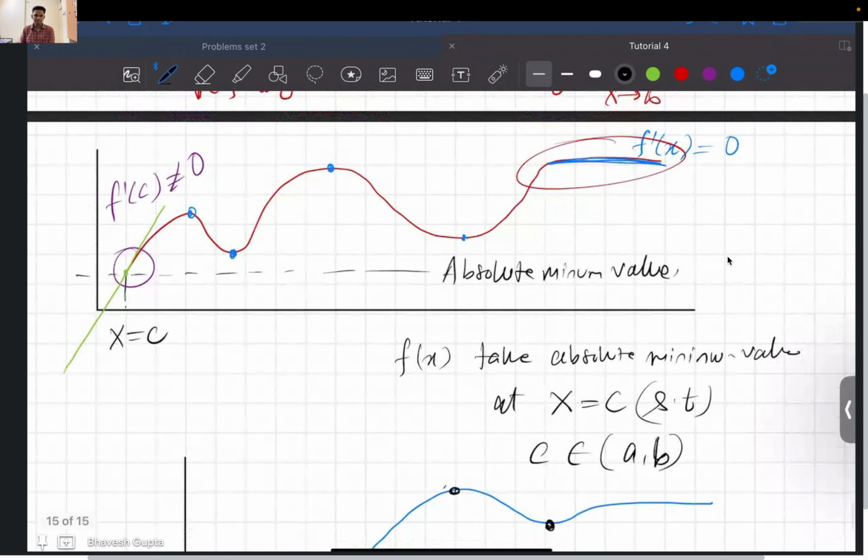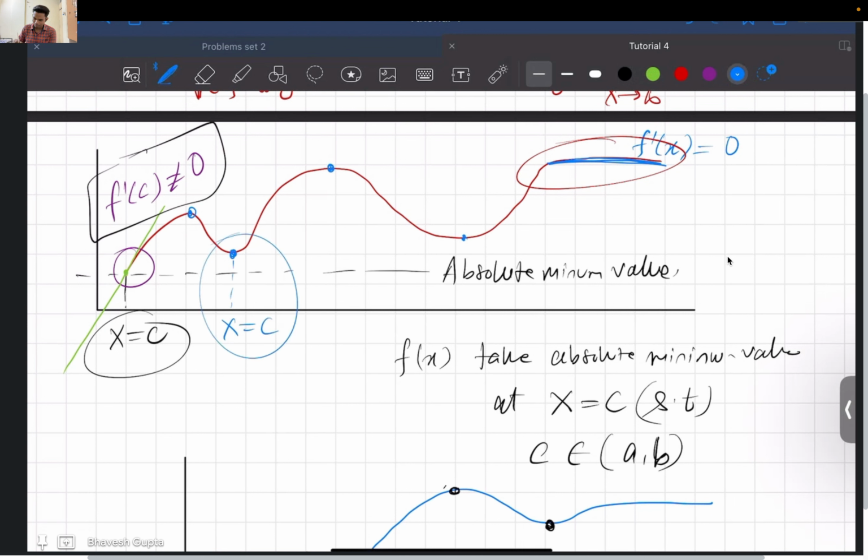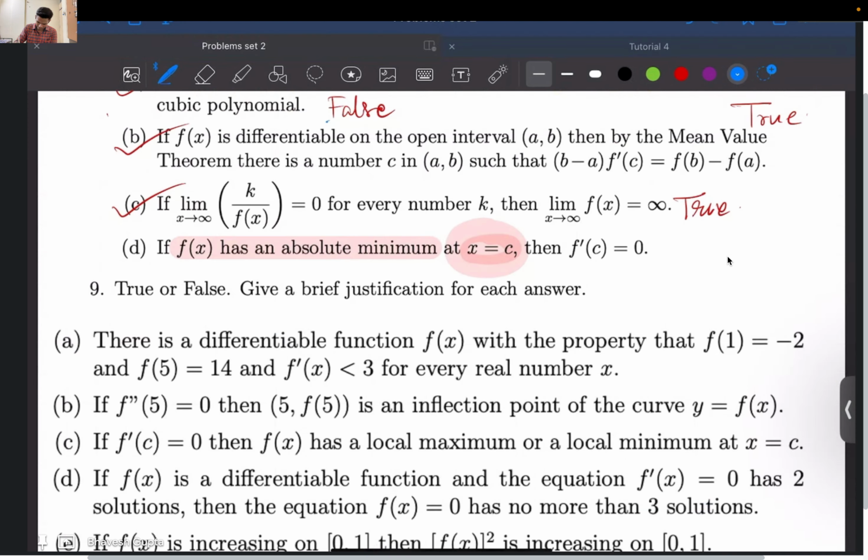But if that c point turns out to be some boundary point, then this derivative thing might not necessarily be true. So what in general we consider whenever we see such a statement, we interpret it as if this point x equal to c is inside the given interval, not at the boundary point. We usually consider them to be this kind of point, exactly this kind of c. Then you need to have this particular maximum minimum thing to happen. So this statement is true